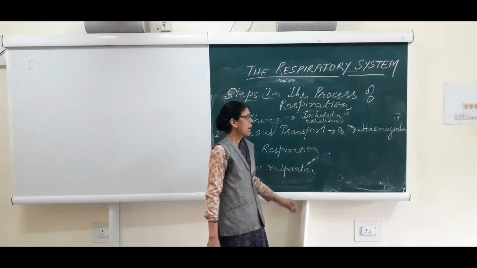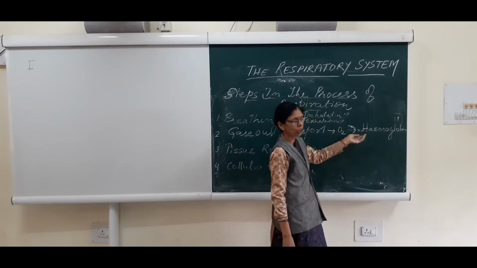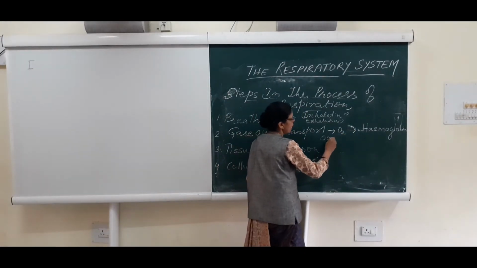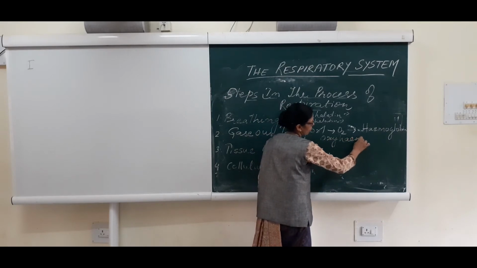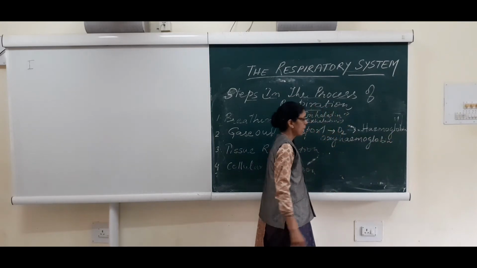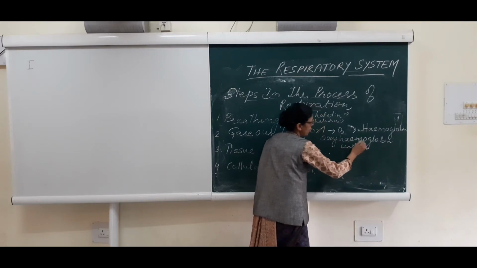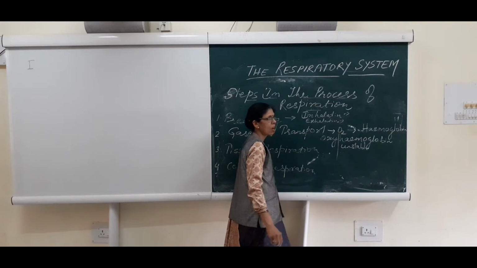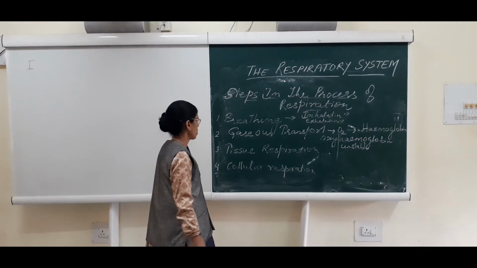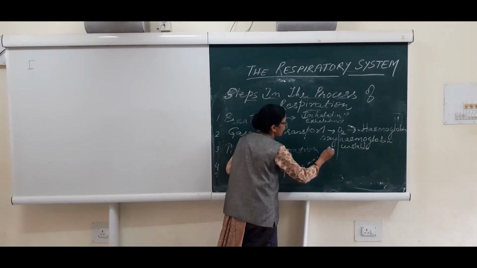This hemoglobin is a respiratory pigment and it combines with oxygen, and when it combines with oxygen, it forms oxyhemoglobin. This is an unstable compound. When I say unstable, I mean that when it goes to the cells, oxygen is given out and the hemoglobin goes back to the blood vessels. In the same way, when carbon dioxide combines, it forms carbaminohemoglobin,